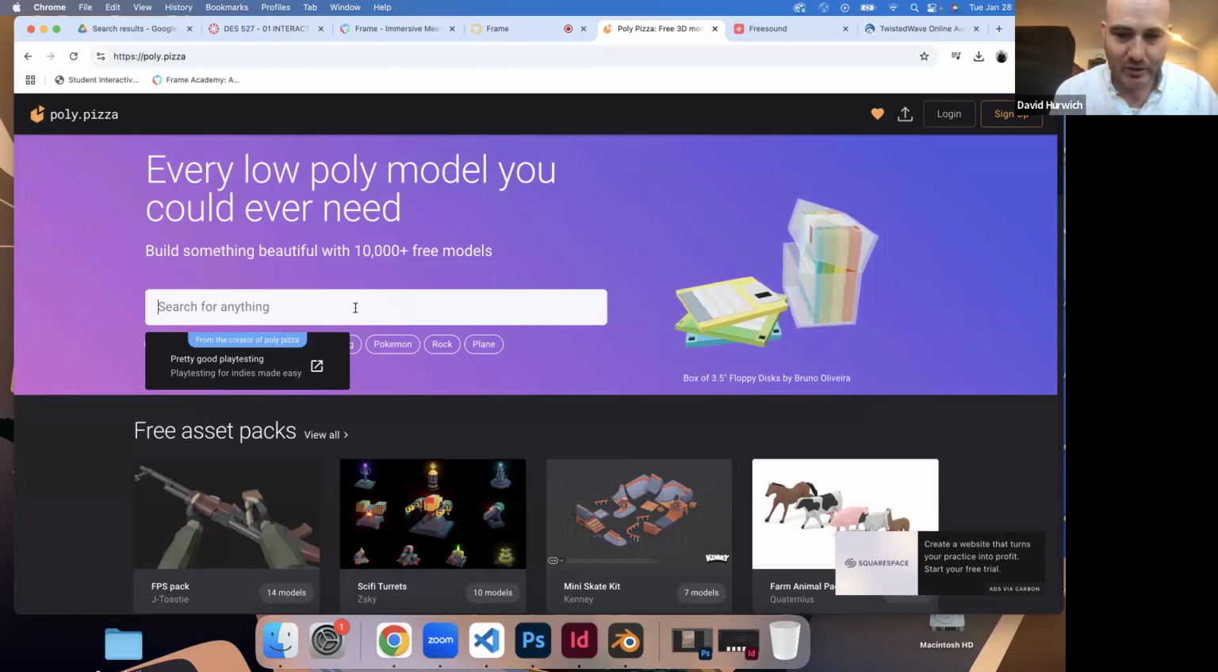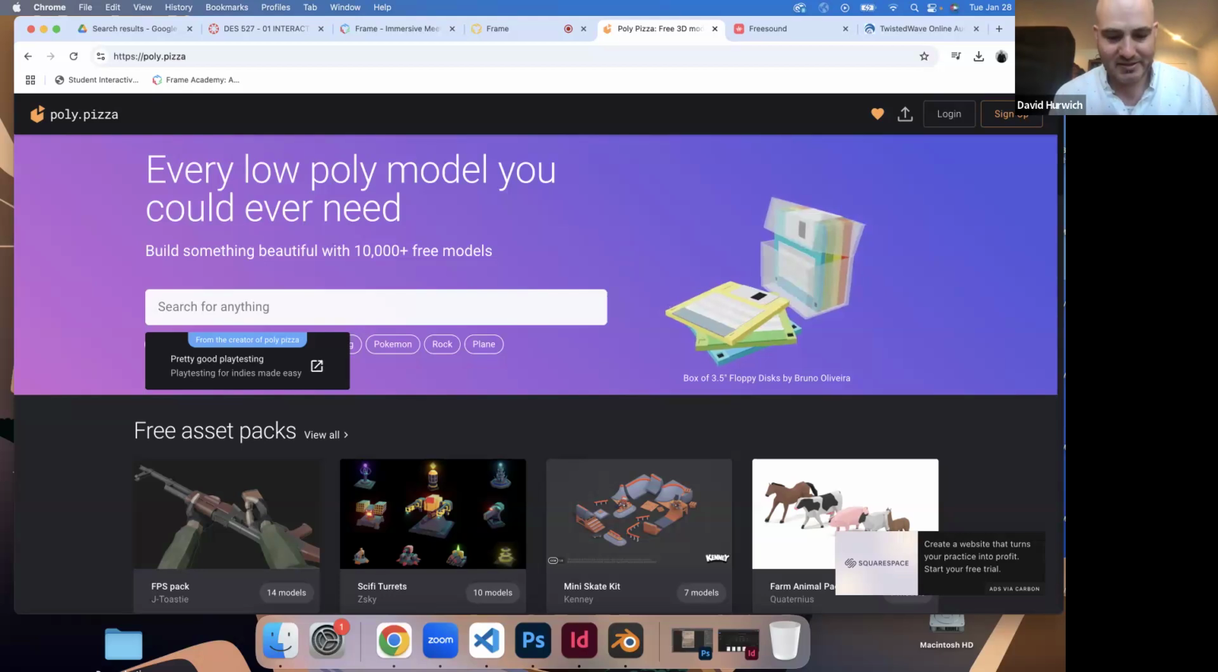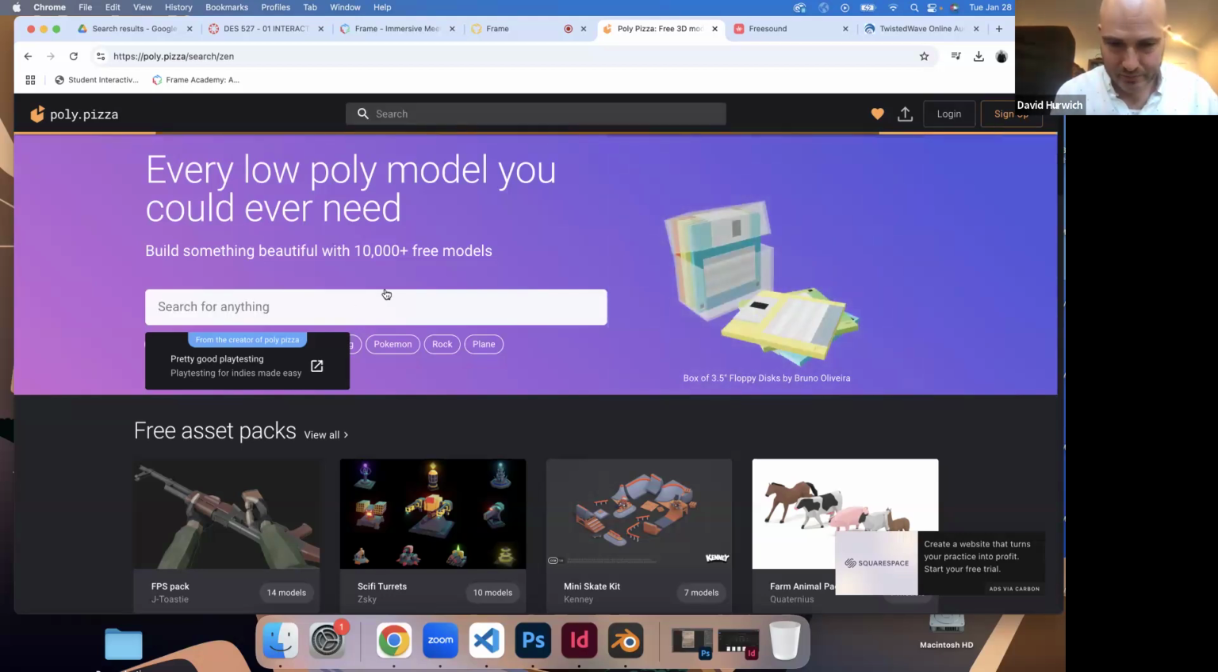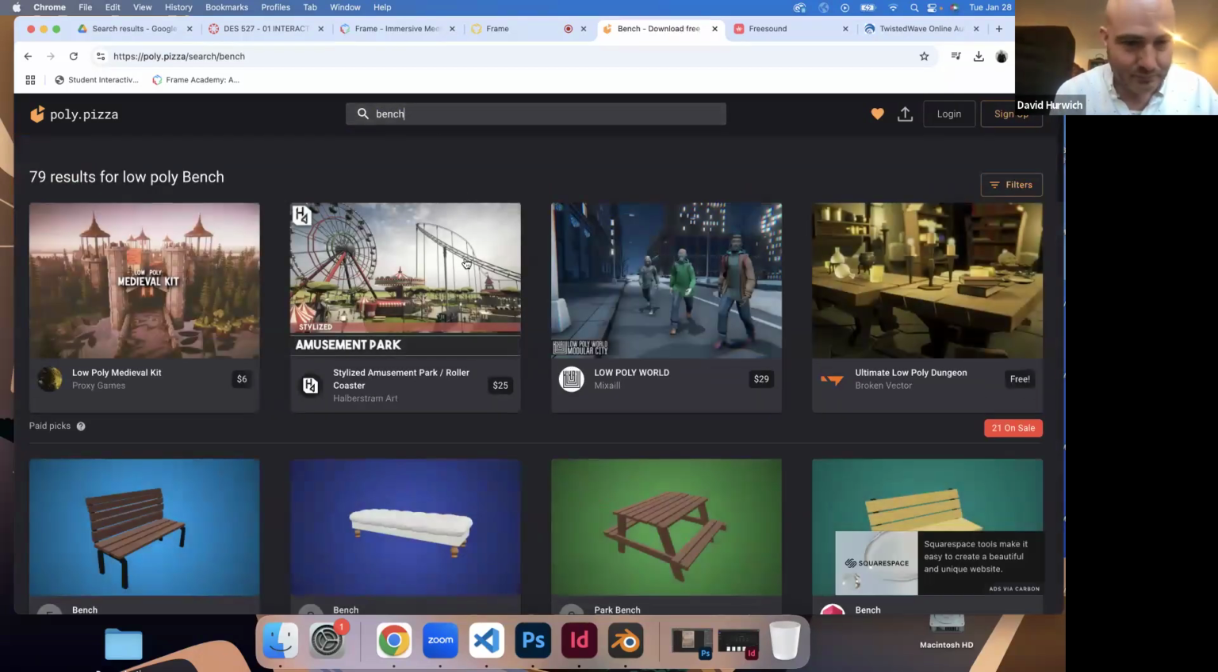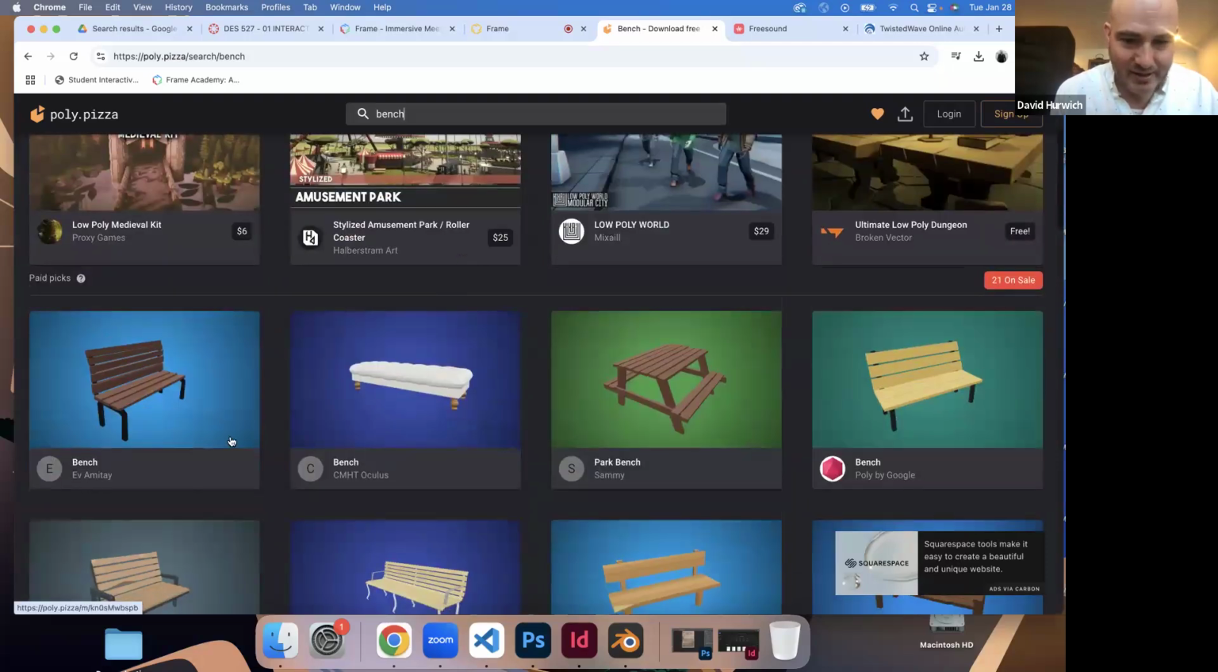Let's say I wanted to find a model. I don't know, this is like a Zen thing. Let's just type in Zen and see what shows up. I don't even know what's going to show up. Nothing. Okay. How about a bench? Okay, so let's say I want to bring this bench into